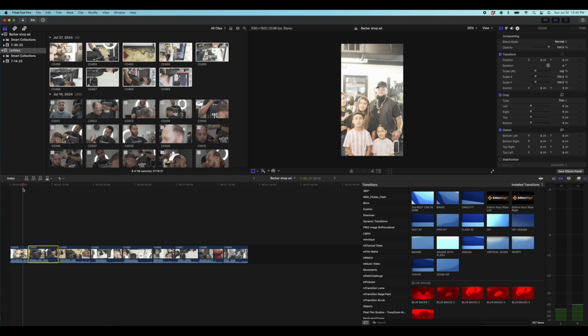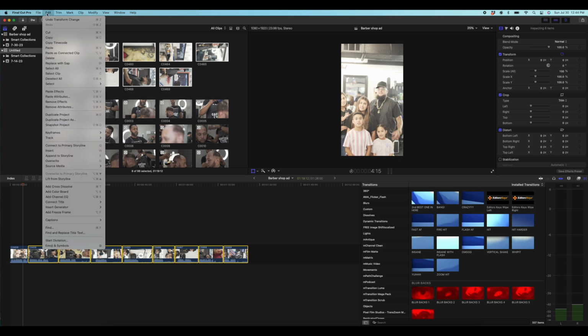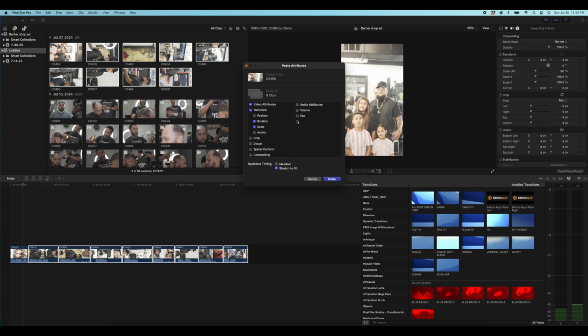on here, you hit Command C, and then you just click the next clip over. You hold down the Shift button. This is for Apple, and then you hit the last one, hit edit, and then come over here and then you just hit paste attributes. Then you'll see the rotation and scale. You just hit paste,